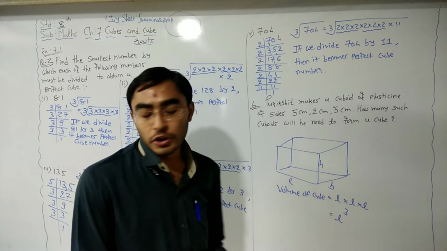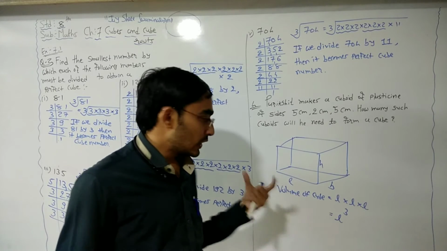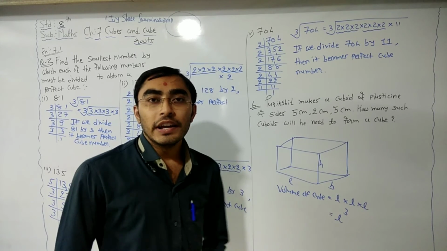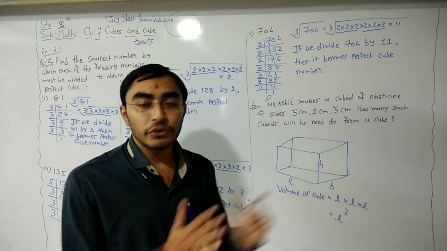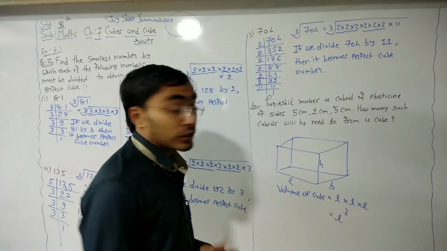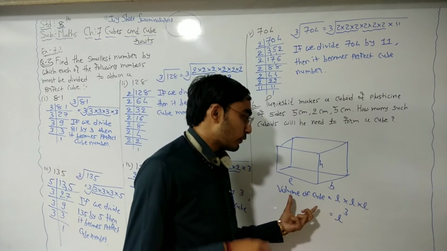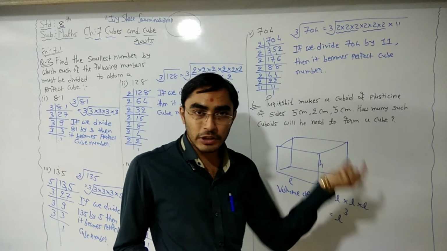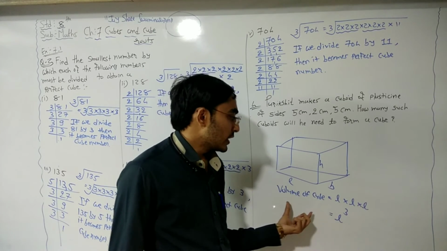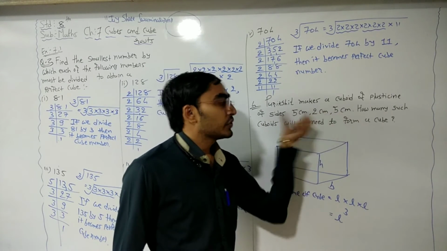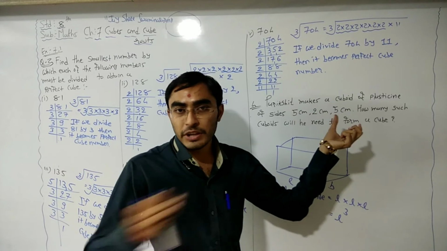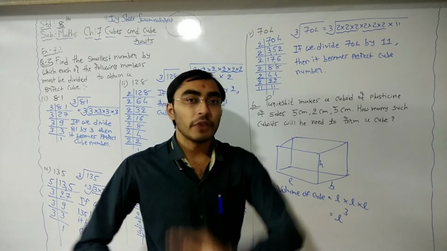Right now you don't know this concept of 3D objects. You will learn the volume of a cuboid in standard 9 and 10 in surface area and volume. For a 3D object we can find the volume. The volume of a cube is length multiply length multiply length. If we multiply these 3 numbers L, B, H, it gives the volume, and we want a perfect cube number.